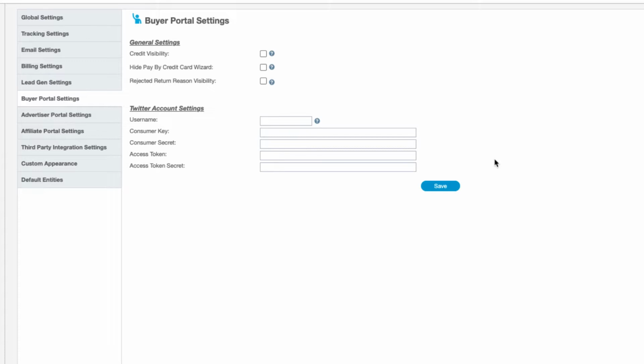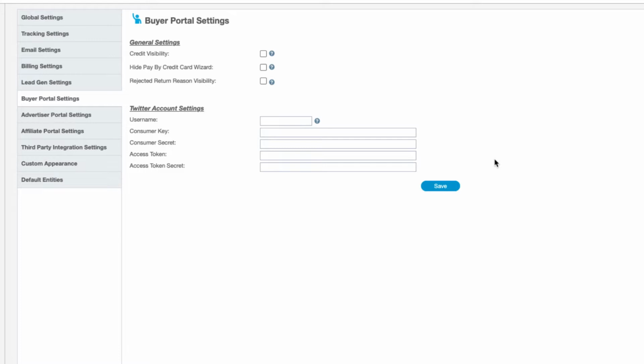Now we also have an integration with authorize.net that becomes required if you want to do certain things in regards to money with your buyers. So if you want to hide that wizard altogether, go ahead and tick that box as well if you're not using authorize.net. Now you may be using some other third-party payment processor outside of Cake, which is totally fine. However, we do have a native integration with authorize.net, which allows you to then show that wizard directly in the